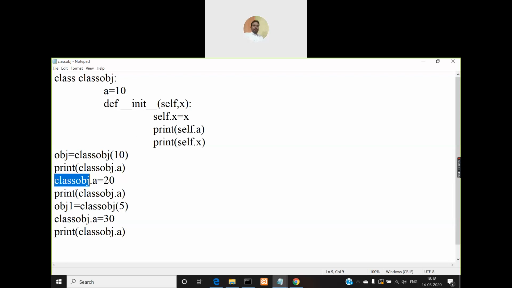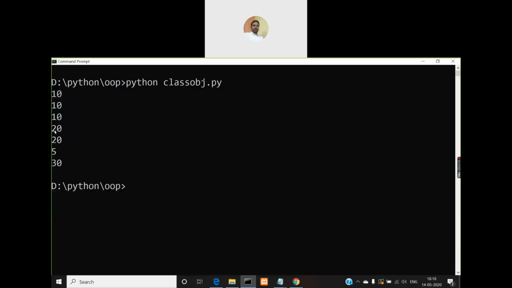Then I am printing the value of the class variable using class obj.a. After that, I am creating another object called obj1. When you print this one, what will be the output? This print statement will print 20, right? Because we have modified it. So after the third 10, you will have 20.